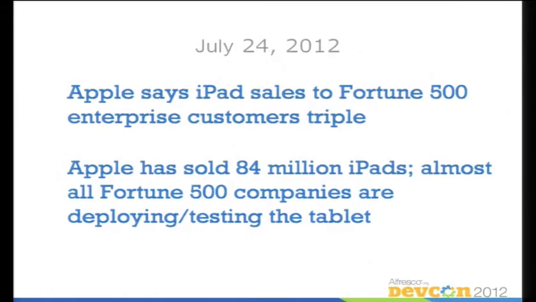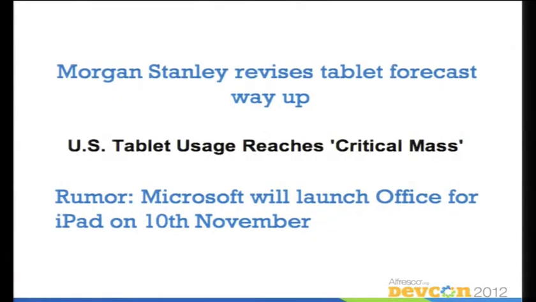Another thing: Morgan Stanley did some analysis on tablet forecasting, and they revised a forecast of how many tablets would be used worldwide in business earlier this year. They didn't just revise it by 10 or 15 or 20%. I think they revised it by a full order of magnitude year over year from their original estimates. That's pretty significant when a respected analyst firm like that, I wouldn't call that missing. I don't think that's a fair way to characterize what happened, but the adoption rate of tablets in the enterprise was much, much faster than any of us could have anticipated. So is it real? I think these facts and many others indicate absolutely yes.